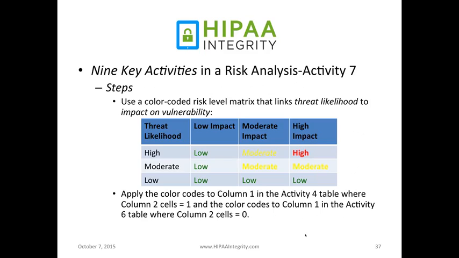And you would use this color coding scheme in each one of the tables, the activity 4 table, and you would color it as such. So you want to identify what's going to be a low probability of occurring, what's moderate, and then really focus on the high